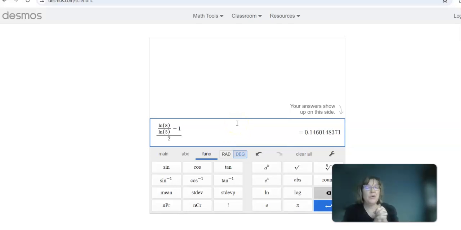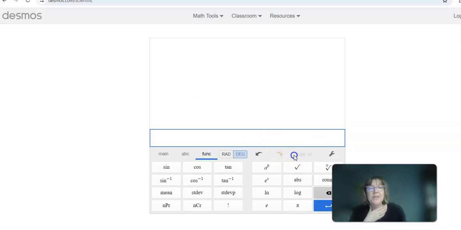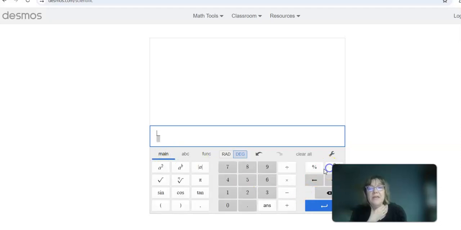All right, so with the equations we just solved in the previous video, I did convert all of those e answers and natural log answers into decimals. And I think on our Desmos scientific calculator it's easier because of the nested fractions. It's easier to type in if you have something like what I have here in Desmos, because of that nice fraction key. So if you hit the fraction key first, let me go to main, and then you have,